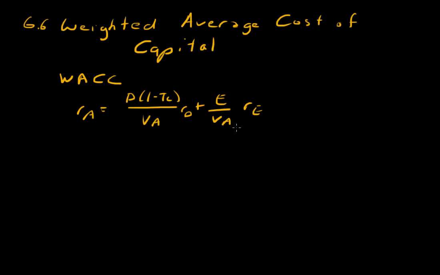Okay, and you could do a similar replacement for each of those VAs. You can replace it using the Modigliani-Miller formula with this simple rearrangement. So there's your D, there's your E, and then your DTC. So Modigliani-Miller relationship. Well, for the weighted average cost of capital, what will be easier to think about, or easier